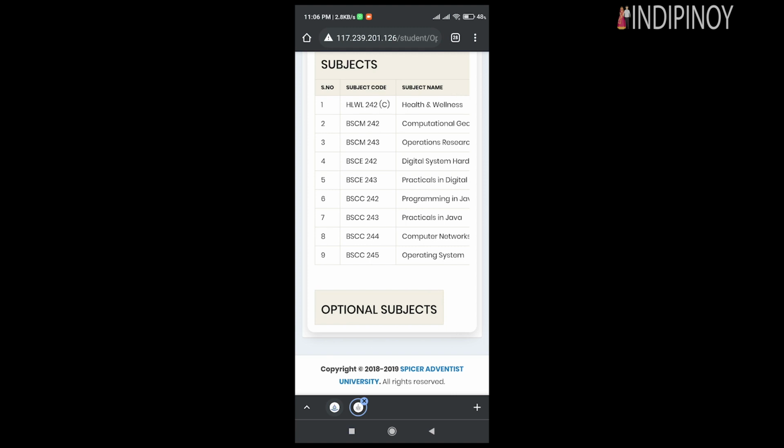If you are in a department that offers optional subjects, you will need to select the relevant optional subjects and save that subject. Once you save that subject, your